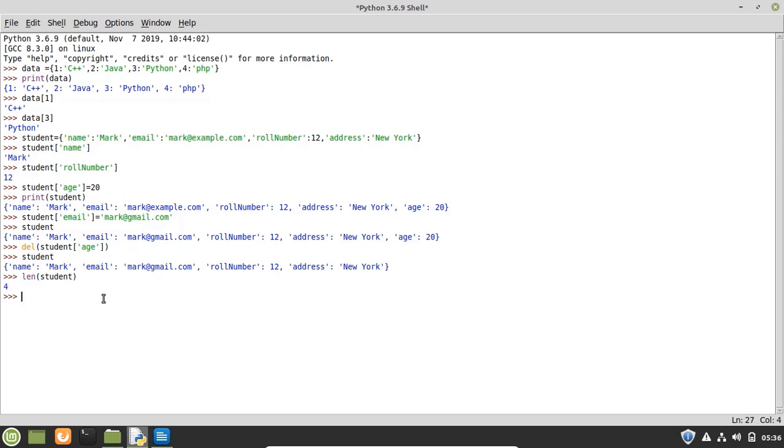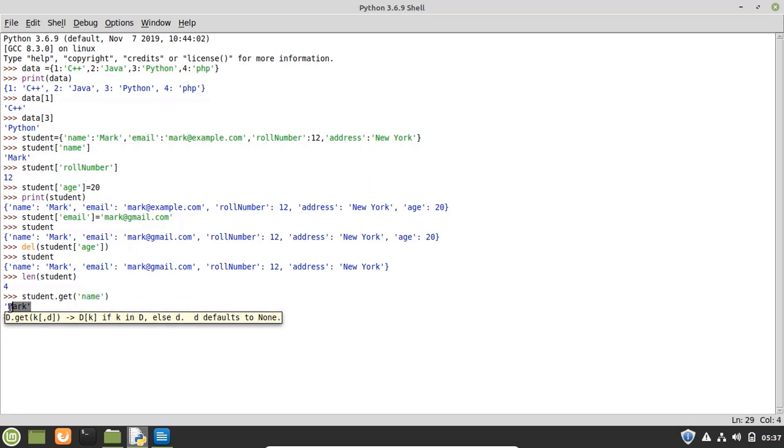We have many other methods for the dictionary, so let's explore the get method. The get method basically returns the value for any key. So for this purpose, write the name of the dictionary here, write get, and inside of this get we have to write the key. And if I want to extract the name, then I will write name here,